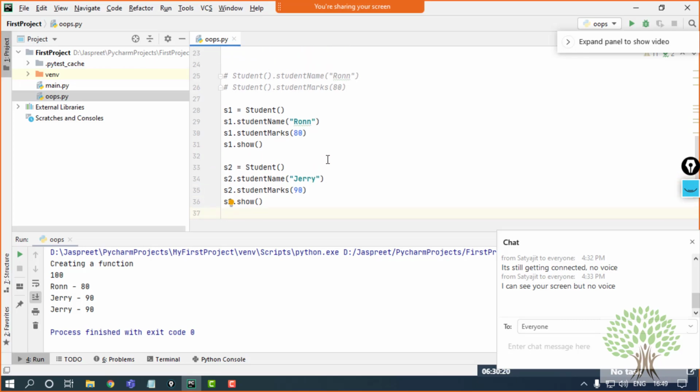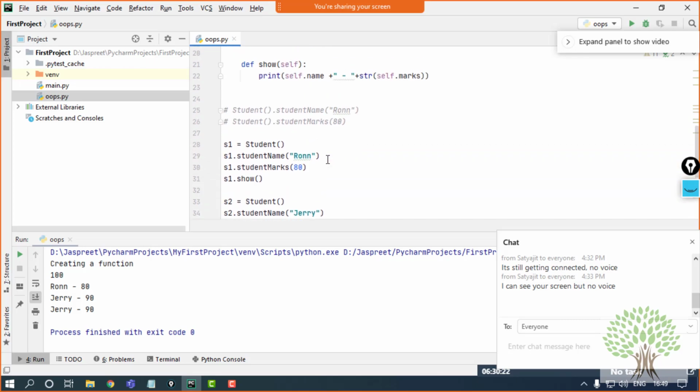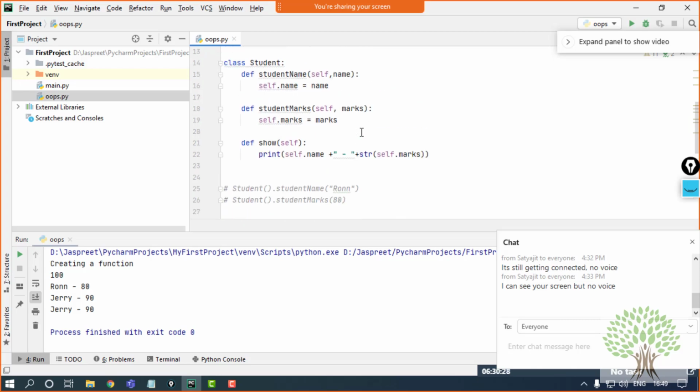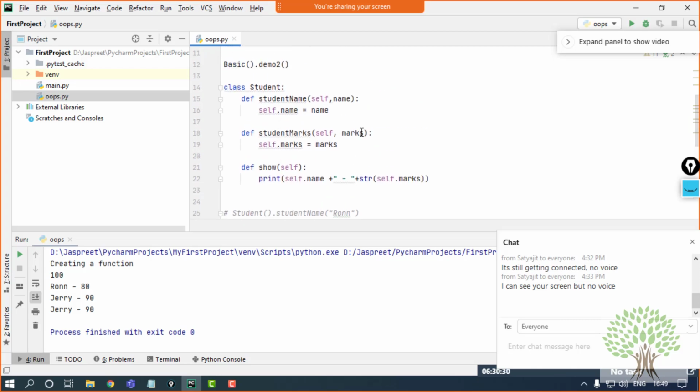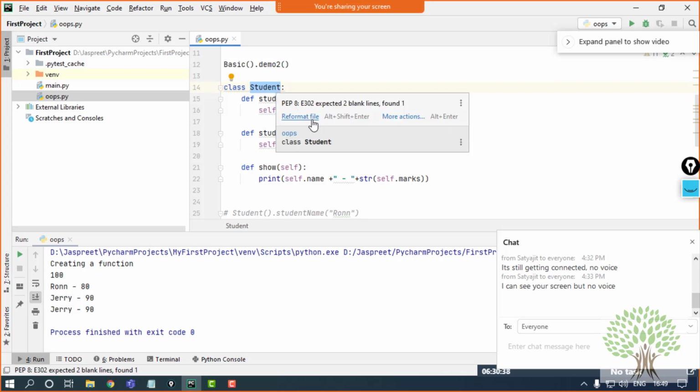Okay. So next what we have to do is the constructor. Like in other languages, Python also supports constructors, but if you are aware of the Java language, the constructors in Java have the same name as the class name, right? It does not have any return type and the calling is something different.